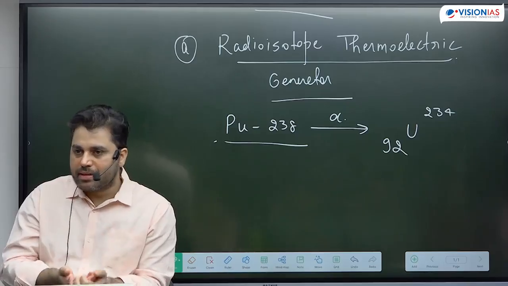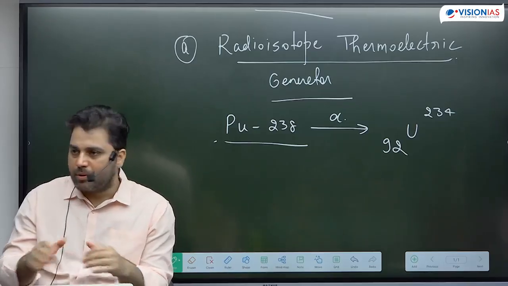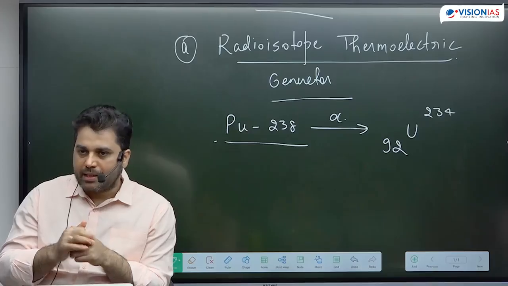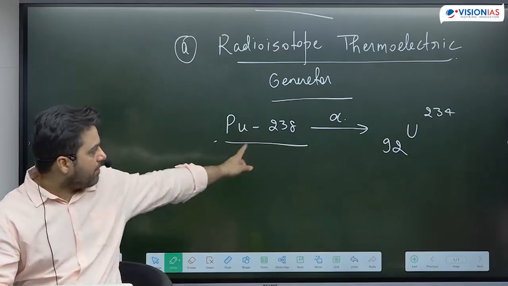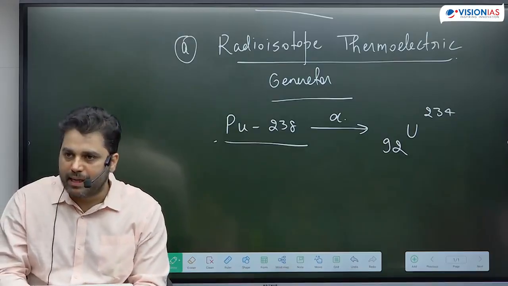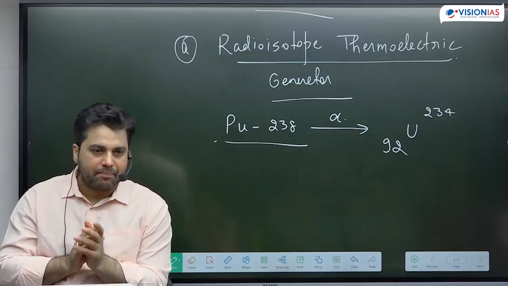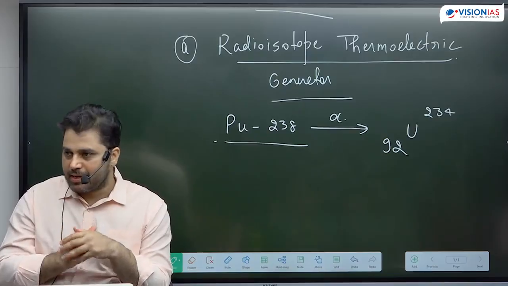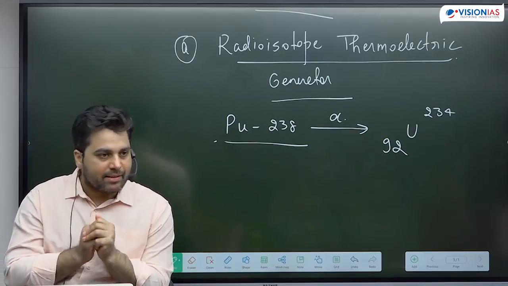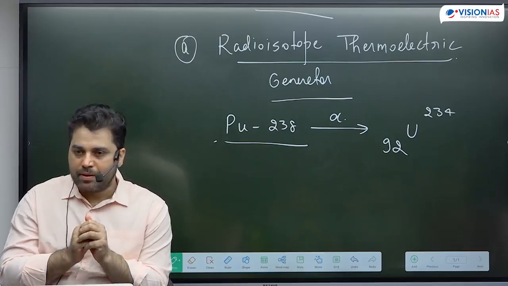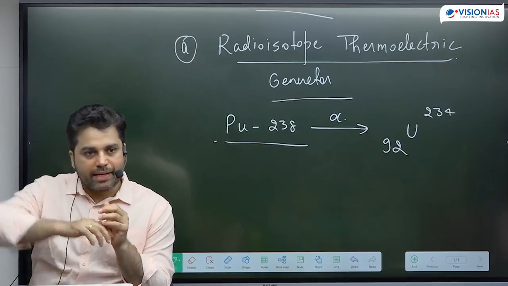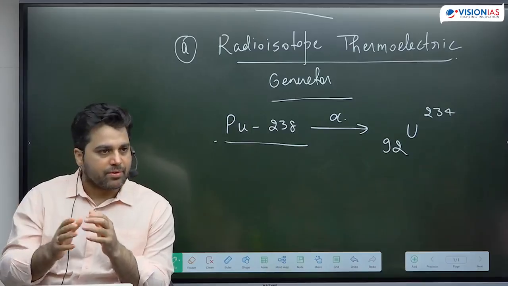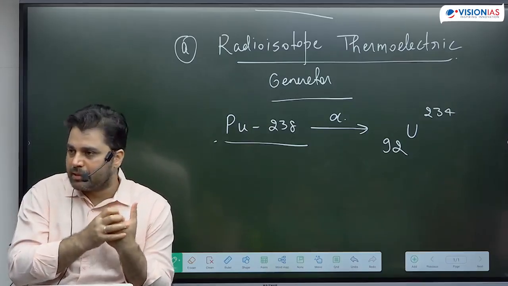The beauty of this technology is that we do not have to rely at all upon solar energy. No matter where you are, it is going to produce energy. And the second benefit is the half-life of plutonium-238, which, if I'm not mistaken, is about 80 years. What does that mean? Even if I start with 250 gram of plutonium-238, after 80 years I still have 125 gram left. So I can have a mission which goes on for decades, and I do not have to worry at all about the source of energy. That source of energy is the decay of plutonium in this particular case.